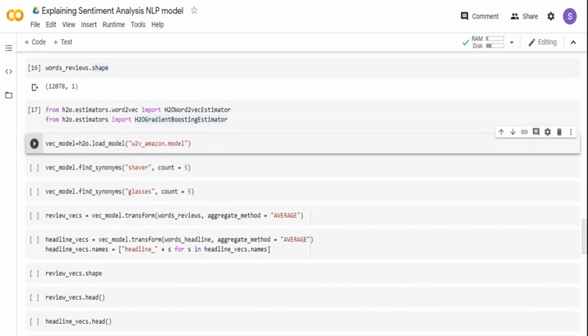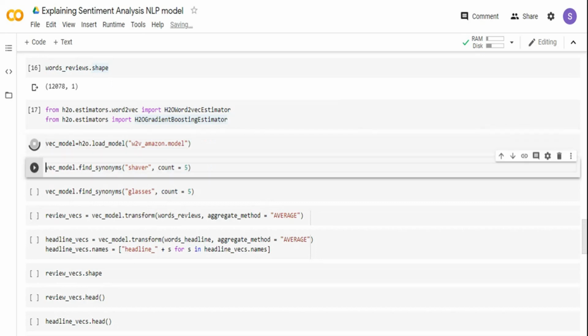This will create a word to vector model object. Using that object, I'm going to pass the two word vectors that I created, the review and headline word vectors, and convert them to a numeric representation. Now I have loaded the word to vector model, and let me check whether it performs well.